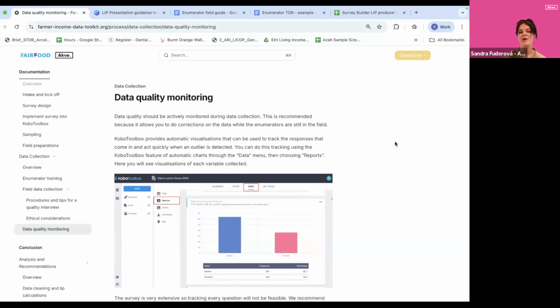What we like to do is have a dashboard running that gets re-uploaded on a daily basis, where we really check the key variables that are crucial to us being able to obtain income measurements, such as, for example, prices or yields, land sizes, production costs, labor costs, etc. And we flag every entry that seems to be off, that is unusual, that is not fitting the pattern of the rest of the data, for further review.